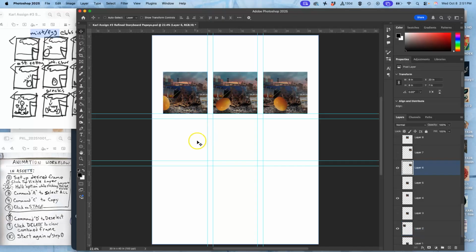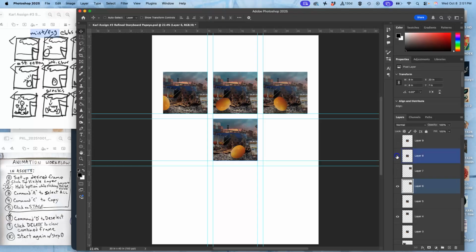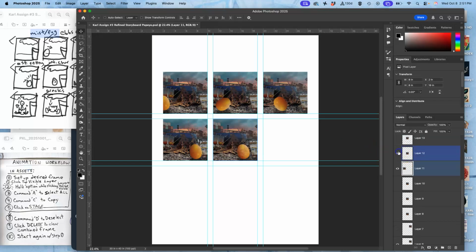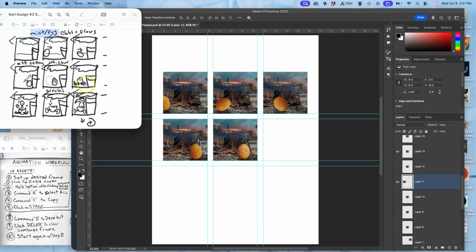Okay, next, I know I want that point of impact to show. So I can skip all these frames, and I want that one. And that's going to go right here. Okay? And then I need to show it cracking. That's going to be my middle frame. That's the beginning of my big transformation. So I'm going to use the cracking that's more obvious. Right? And then I'm going to start showing